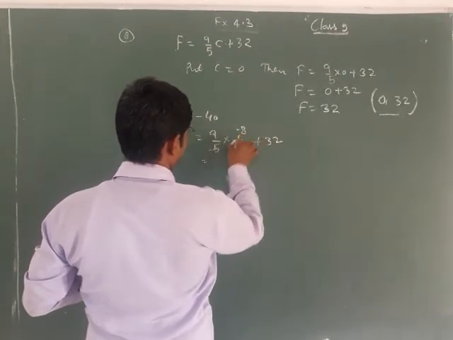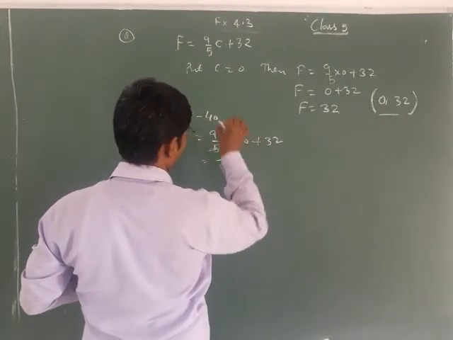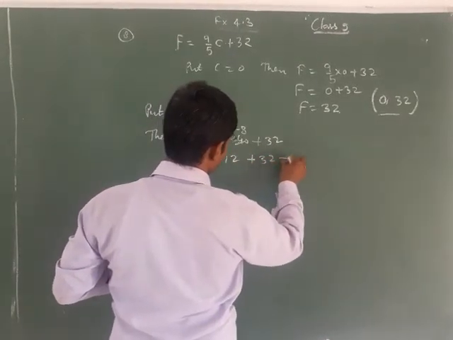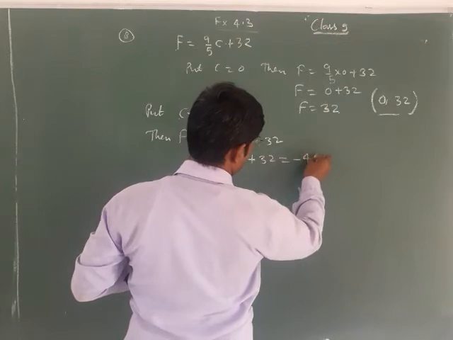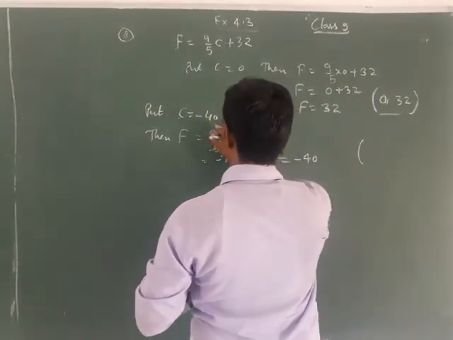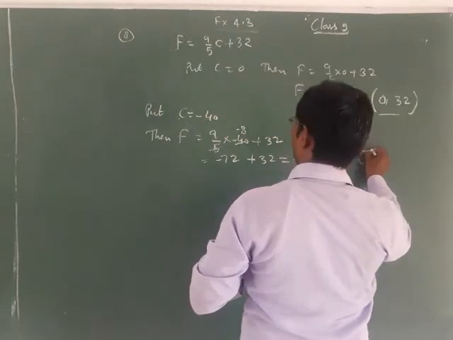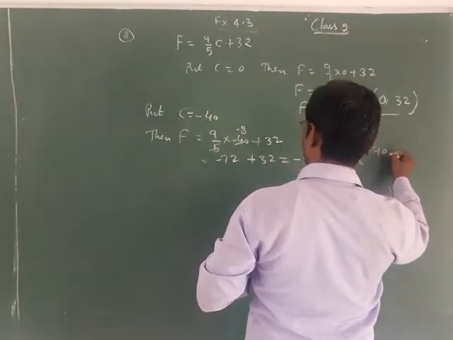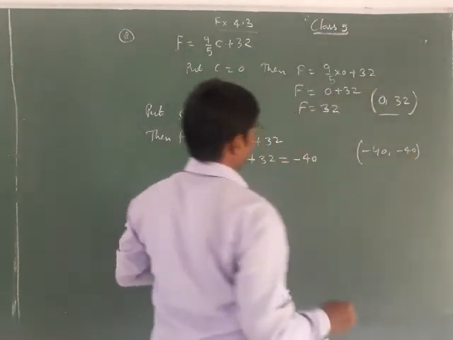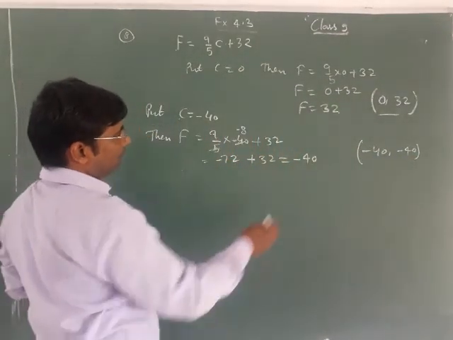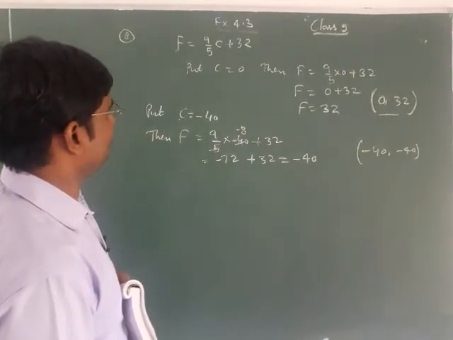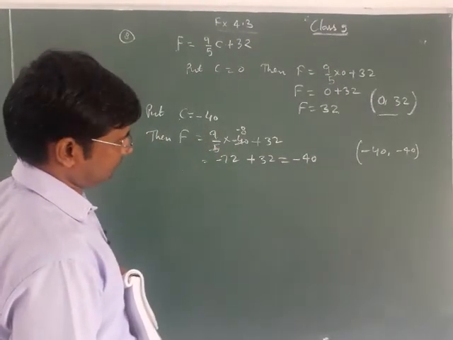So -72 + 32, this is -40 degree. So this is C = -40 and F is also -40. 2 पॉइंट आपको मिल गए। अब इससे जो है आप ग्राफ प्लॉट कर सकते हैं।